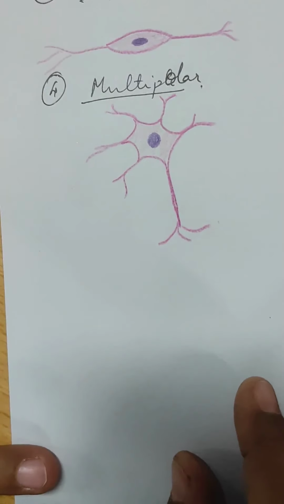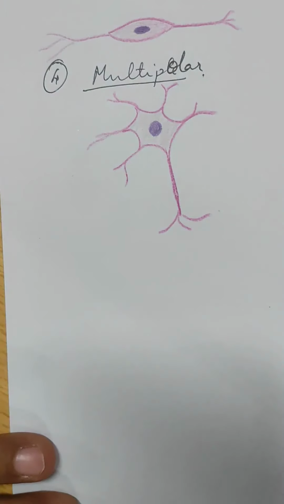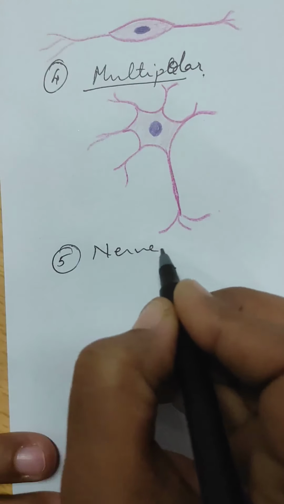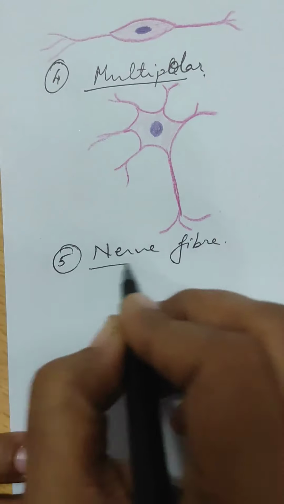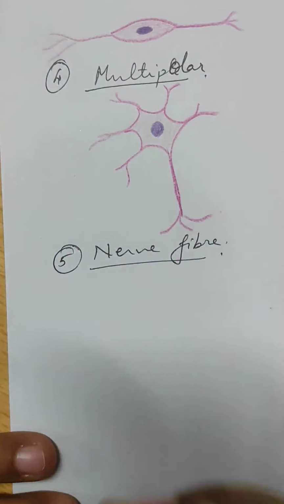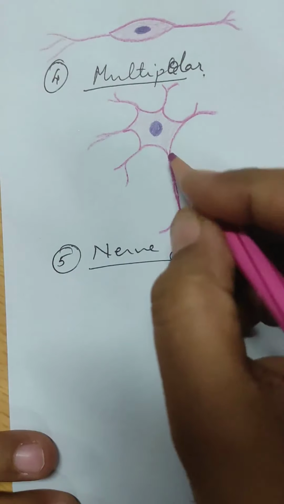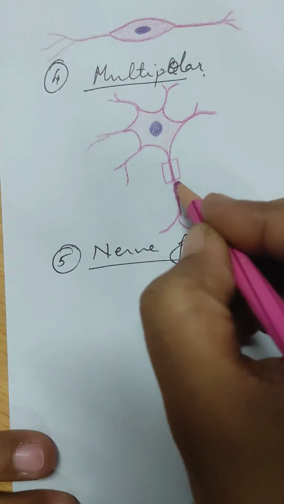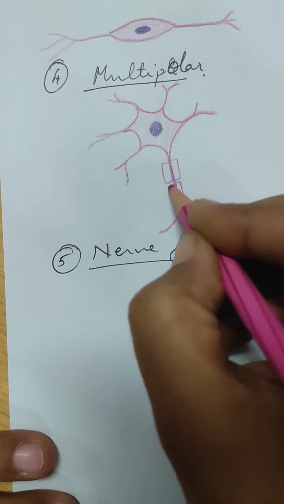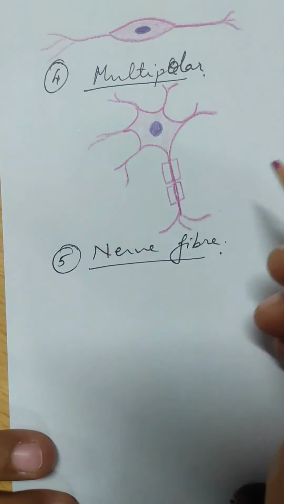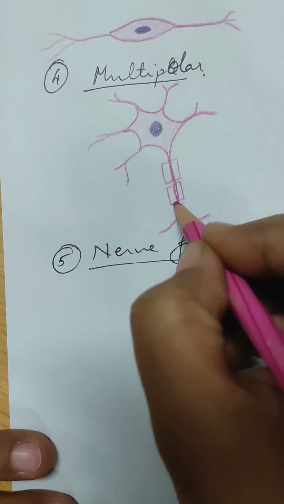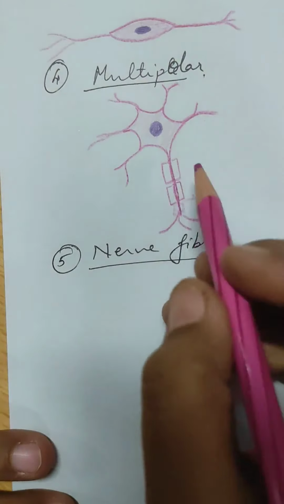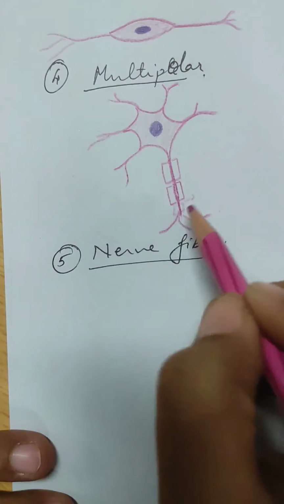Okay. Now we come to a nerve fiber. From this you can understand that the axon is covered by the Schwann cell sheath, like this. And detail has been covered in the lecture. Fine. Now, this gap is called the node of Ranvier. But what does this nerve fiber contain?